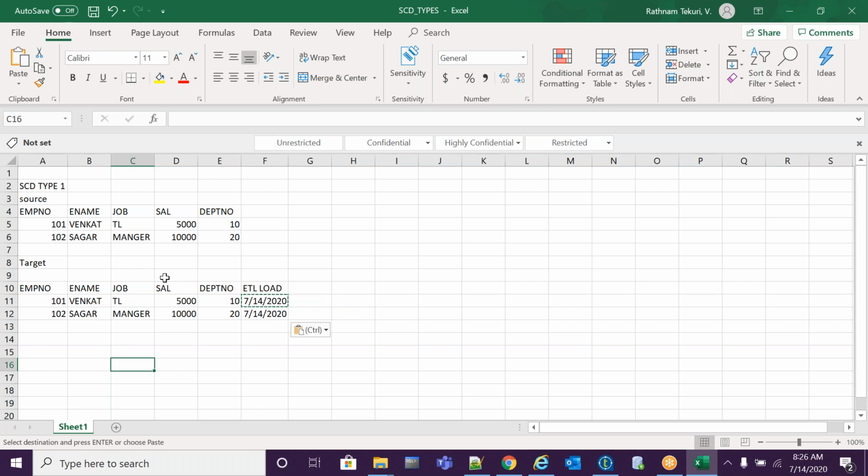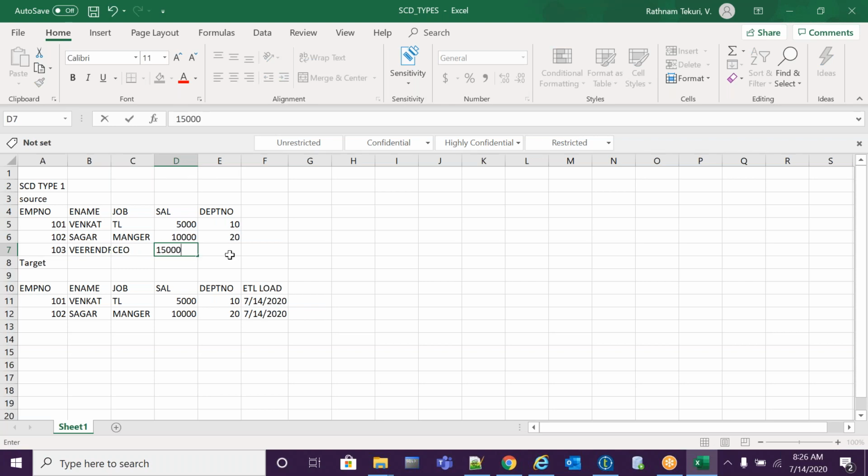Now, over some period of time, one new employee came into my organization. In my source, 103, Virendra, the CEO, salary 15,000, department number 30.